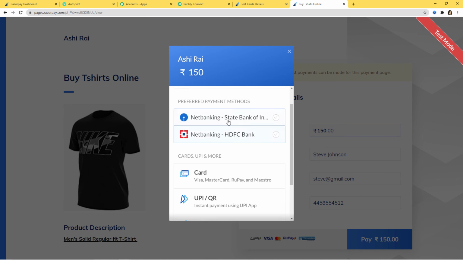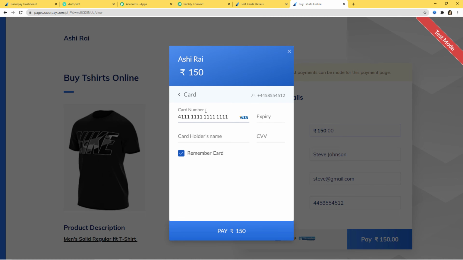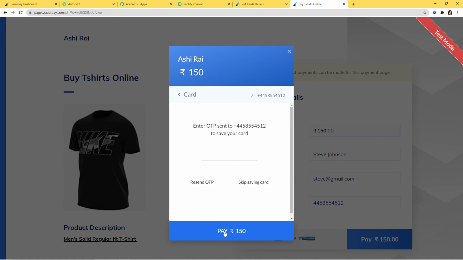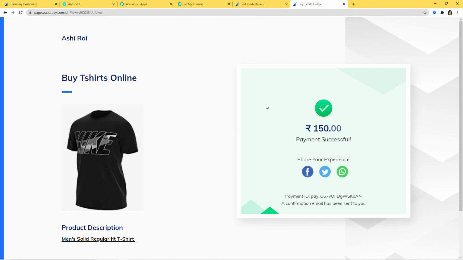So you can see we have various payment methods available. I am going to click on card and I'll again paste the test card details. Expiry is, okay, card holder's name is Steve. Okay, CVV is, pay 150. Okay, so you can see we have again made an order over here.